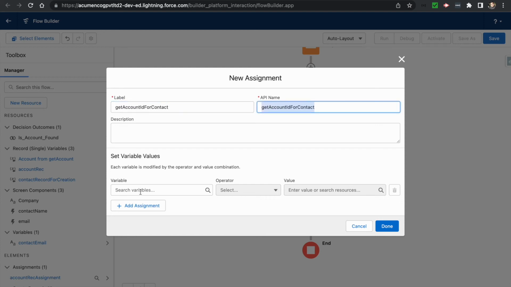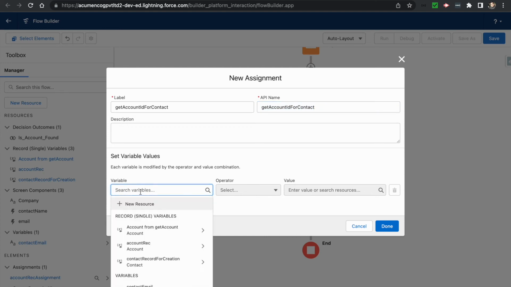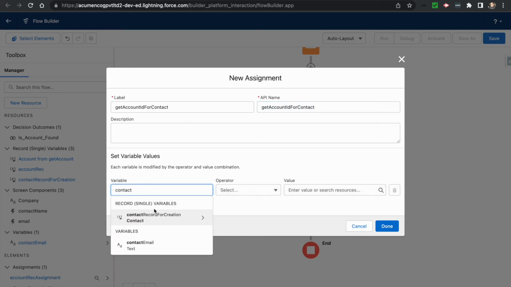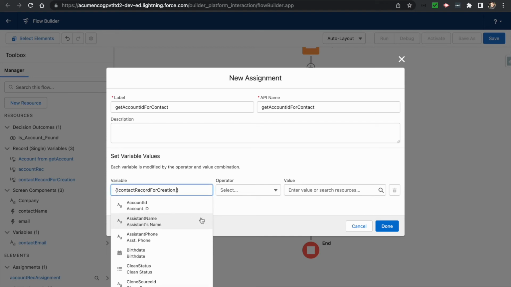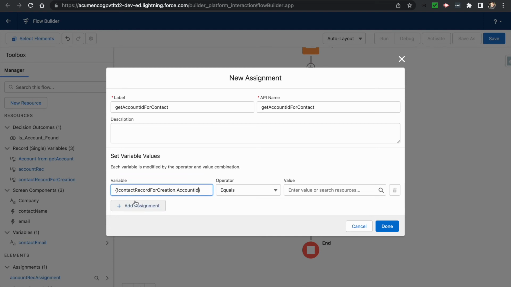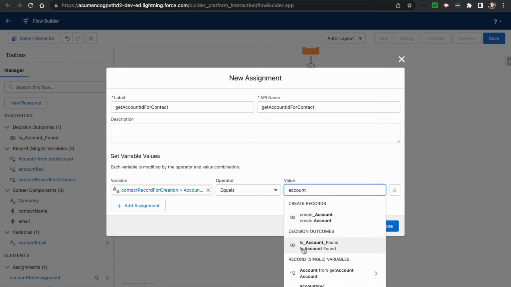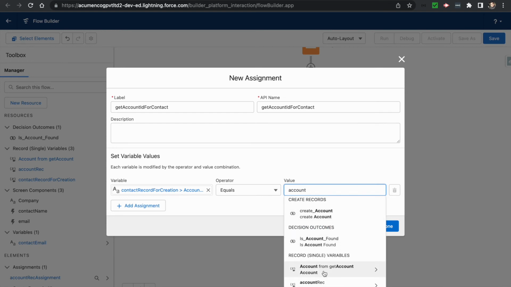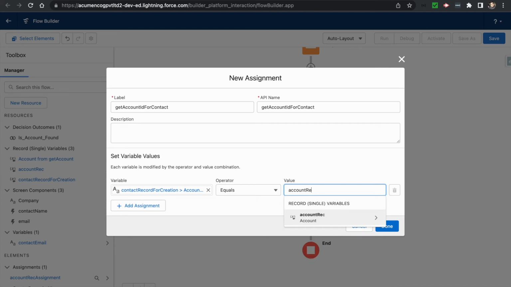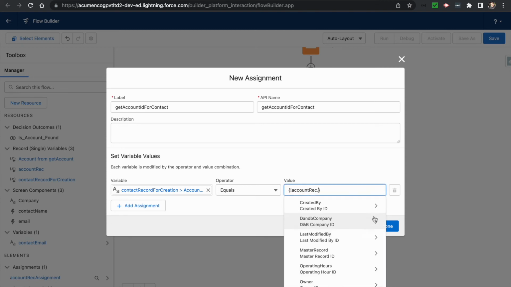Okay, and here we want to assign this ID to the account ID field, and account from create account track. Okay, so